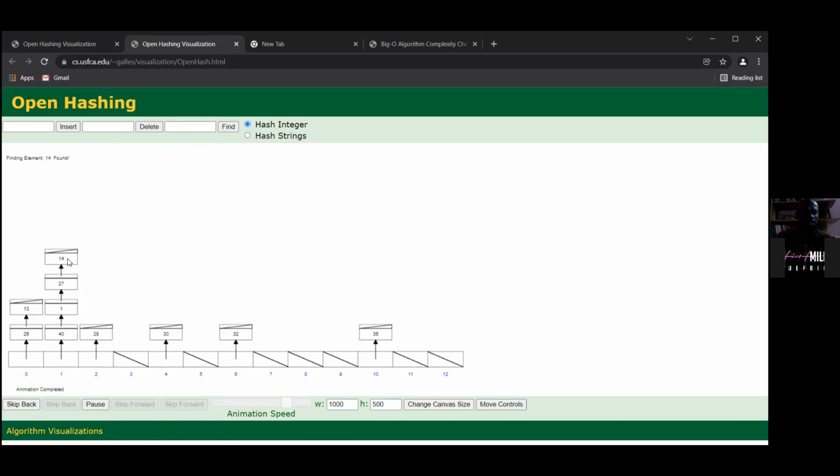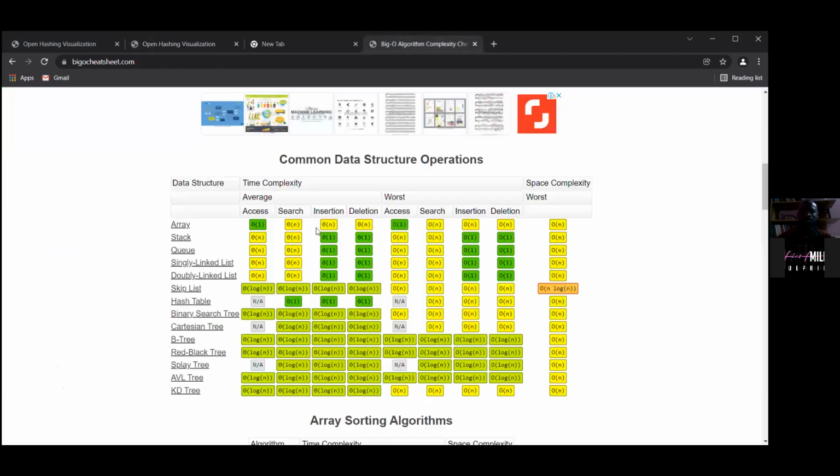That's O of n. If I want to delete 14, the same process will be followed. So that is why the big O in its worst case is O of n.